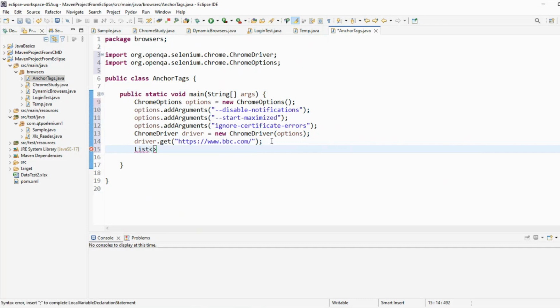Now what is the type of list? What is an anchor tag? I have already told that it is known as a web element. Anything that is present on the web page is known as a web element. Now I am storing anchor tags, so it is a list of web elements. I can name it as list one equal to driver dot